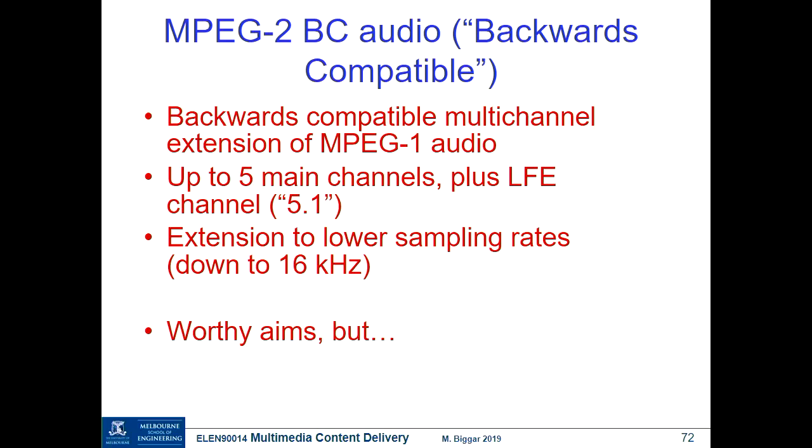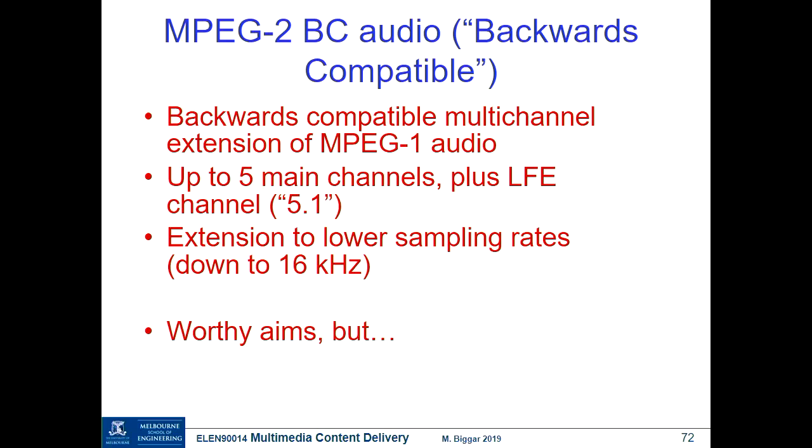So whereas the MPEG-1 was stereo channels, or 2 channels, this MPEG-2 one would be 5 channels, or 5 channels plus the low frequency effects channel, so the 5.1, remember we talked about that. And they extended some sampling rates, but the main aim was to make a surround sound coder that was backwards compatible. Backwards compatible in the sense that